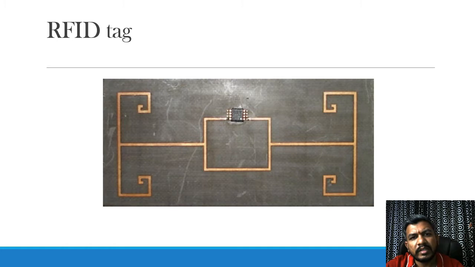The IC consists of the detector stage that rectifies the incoming radio frequency signal, and the capacitor acts like a filter, removing the ripple from it. The rectified and filtered signal is then used to power up the electronics, which responds to the query sent by the reader by generating a bit stream. This is then used to modulate the load connected in shunt with the antenna and hence change the backscattered signal from the antenna.